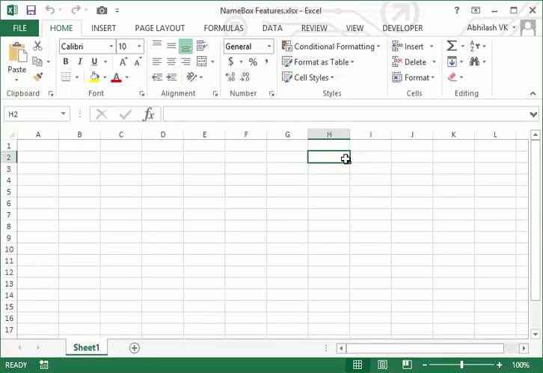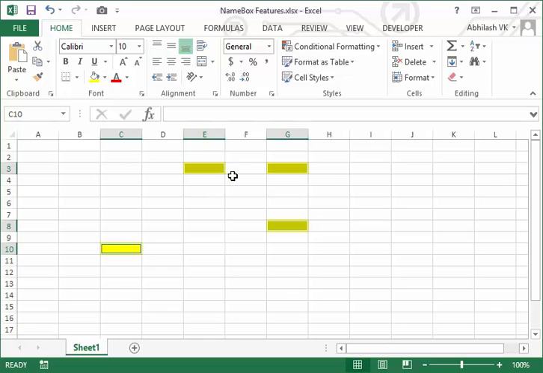Similarly, say for example, if you want to select multiple cells, for example E3, G3, G8, and C10. Let me color them for my understanding. If I want to select all those cells, I type E3, comma, G3, comma, G8, comma, C10.